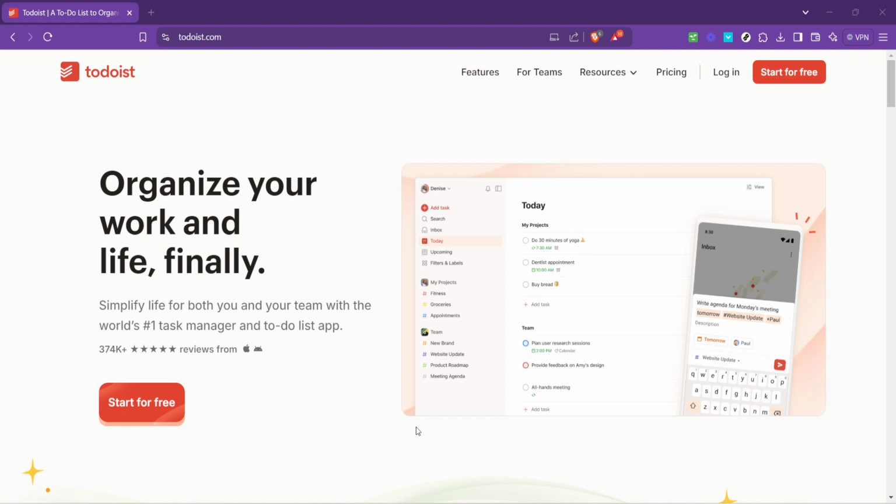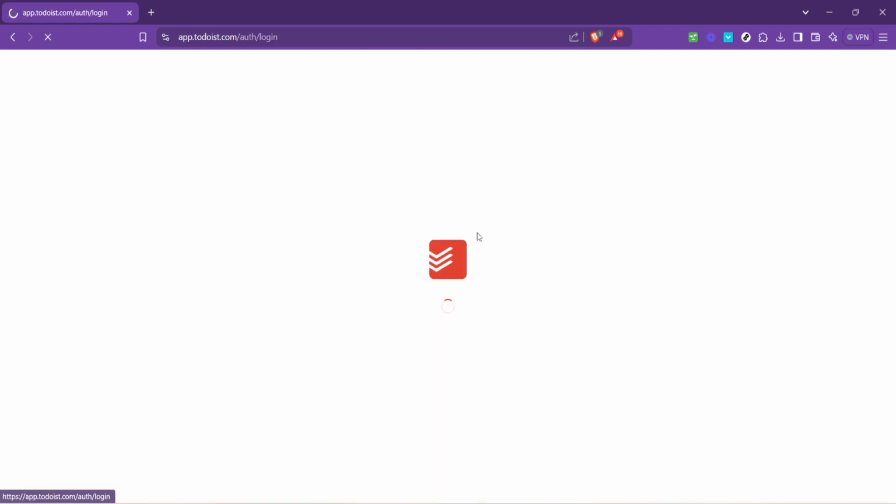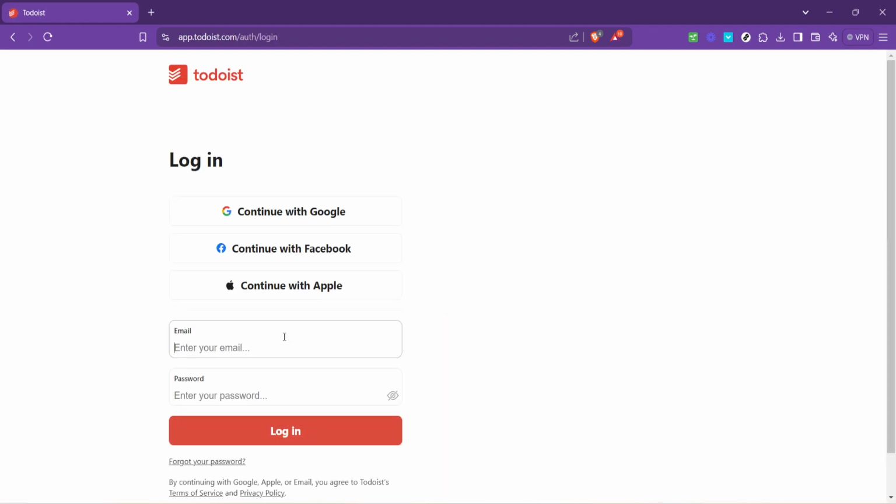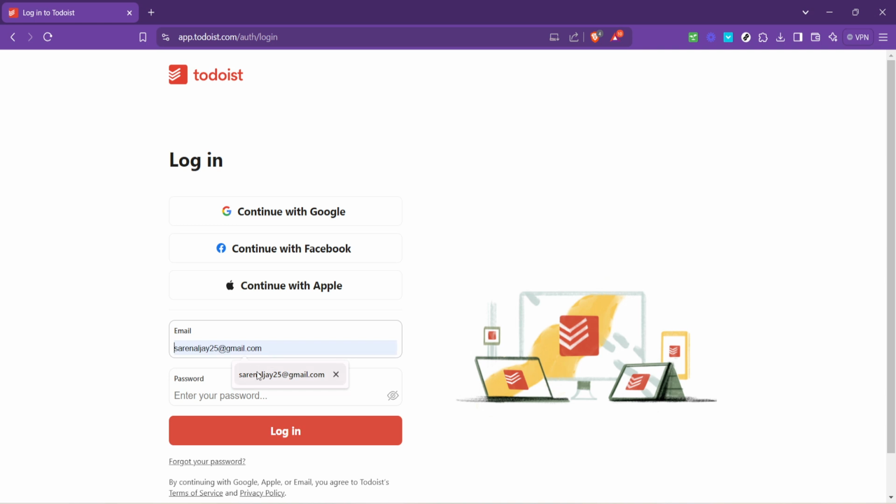Now that you're prompted to log in, type in your email address in the designated field. Make sure it's the one you registered with or intend to register your new account with. Hit enter or click on the next button and you'll be prompted to input your password. Type your password carefully and then click on the login button. Voila! You're now inside your Todoist account, ready to tackle meal planning like a pro.